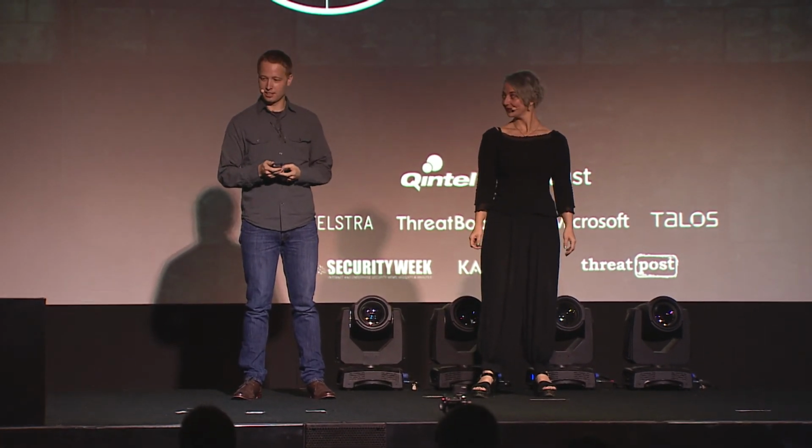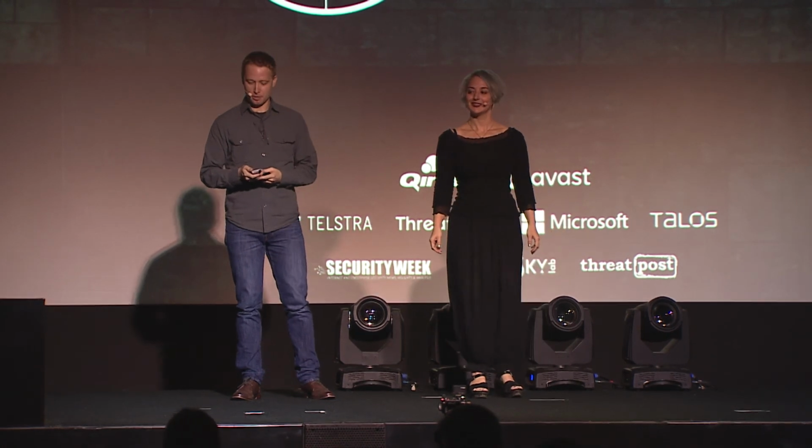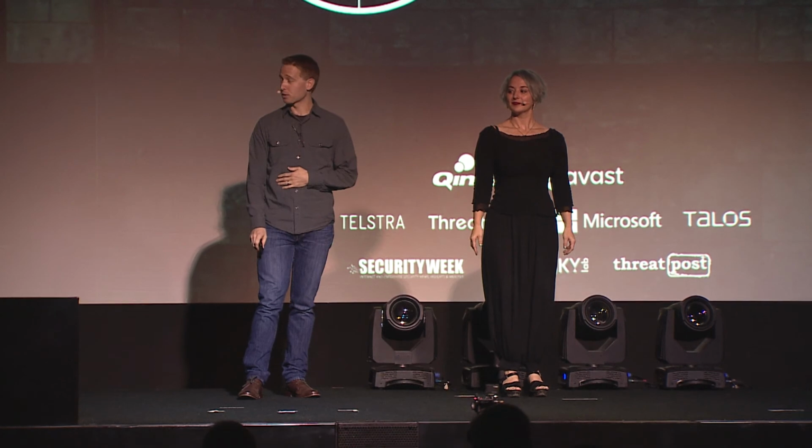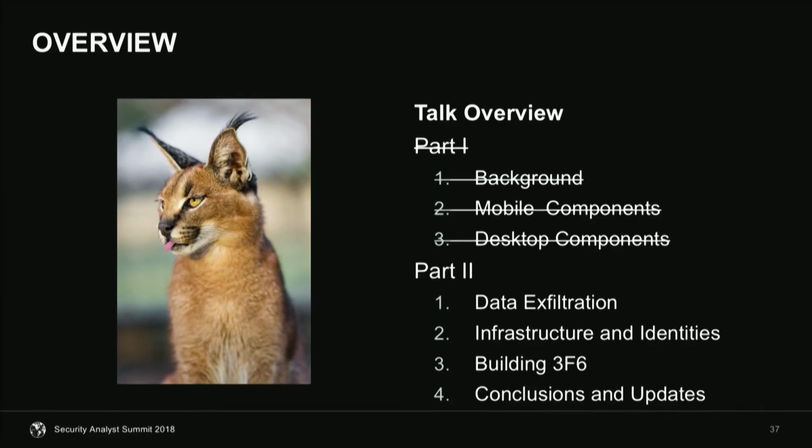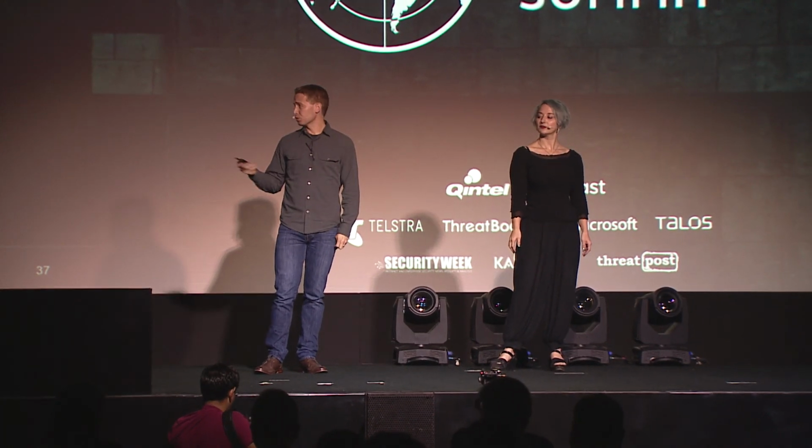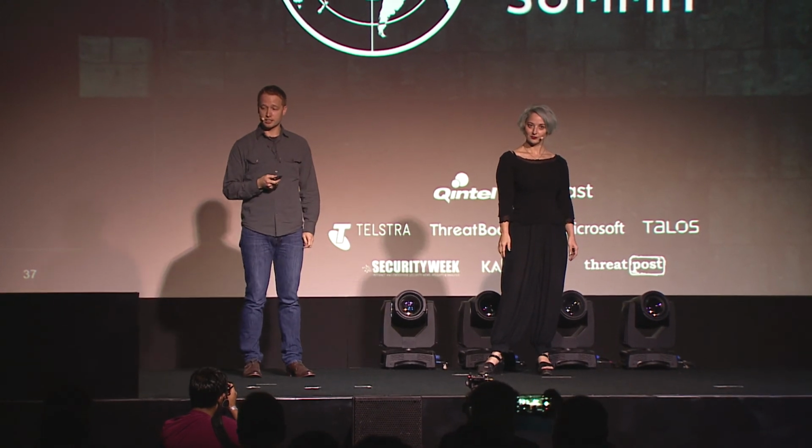All right. So yeah, as Cooper and Mike just talked about in part one, we're going to get into the second part of this today, where we're going to get into a bit more about the data exfiltration, where these devices were located in the world, and the types of data they were sending out, but also how we're able to get access to that data, which led us to a lot of the interesting discoveries we had with Dark Caracal. We'll discuss more about the infrastructure and the identities, and then we'll go really deep into the attribution section,